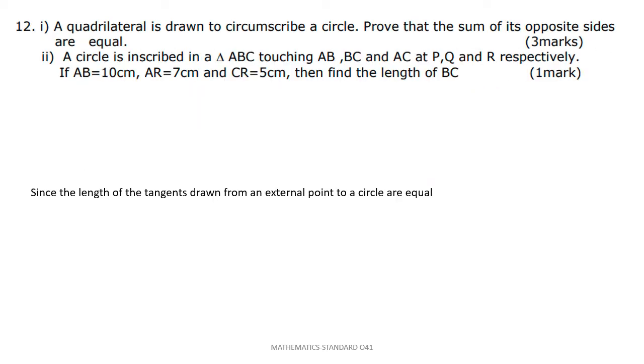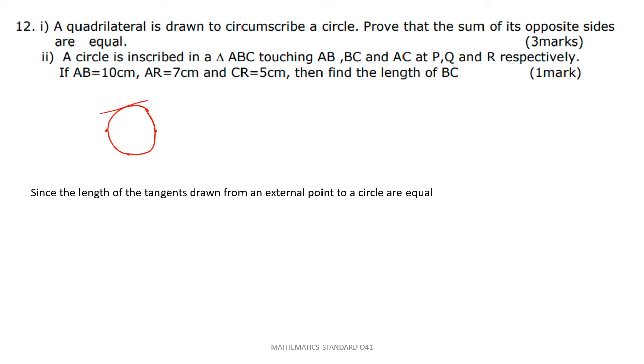Now let's see question number 12, children. The first part. A quadrilateral is drawn to circumscribe a circle. Prove that the sum of its opposite sides are equal. So what is given? A circle. We have a circle, and we have a quadrilateral which